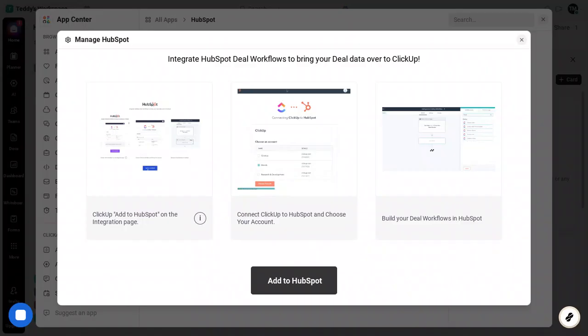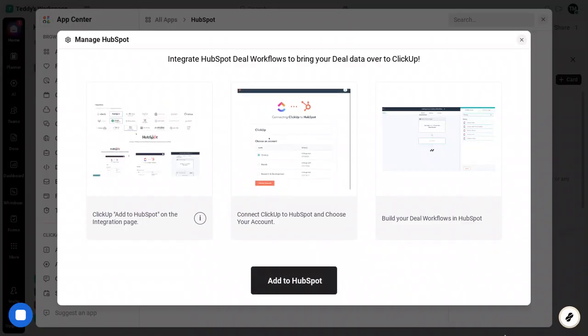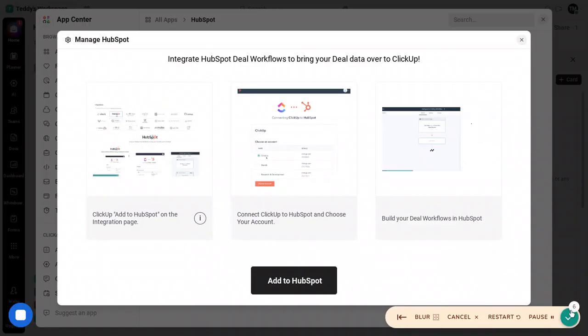That's all it takes. You started on your team space overview in ClickUp, opened the More menu, navigated to apps, searched for